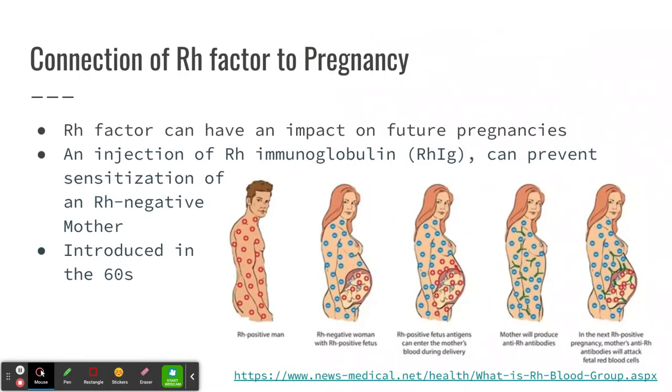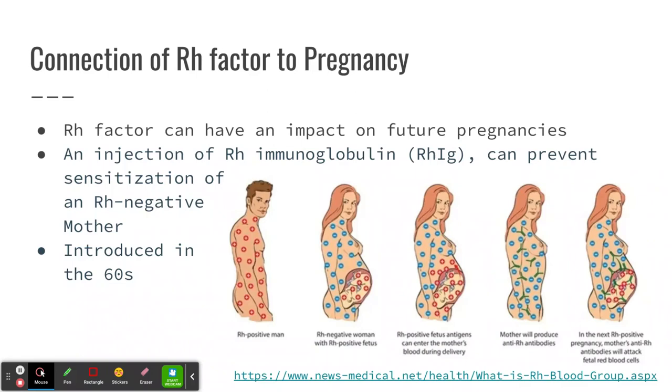Before that, we have to talk about pregnancy. Rh factor can also have an impact on future pregnancies. So here I have an example in the image: a father who is Rh positive and a mother who is Rh negative have a child that is Rh positive. And when that happens during the delivery, the fetus antigens can enter the mother's blood, and therefore the mother will produce anti-Rh antibodies. And the next time she has a baby, that can create an attack against those fetal red blood